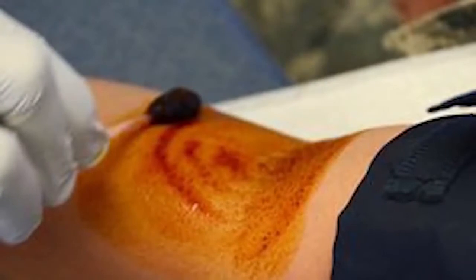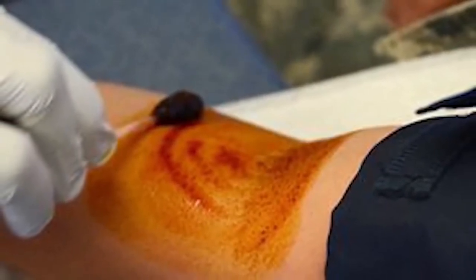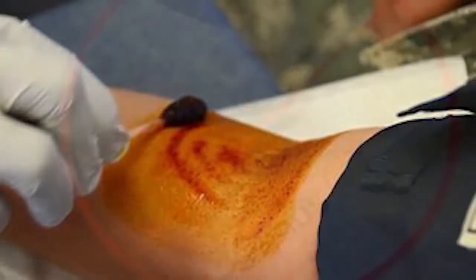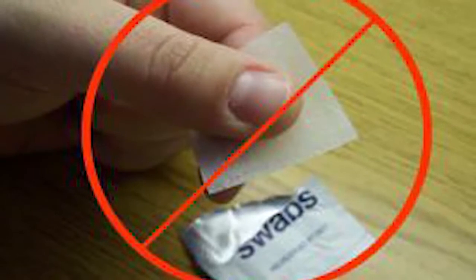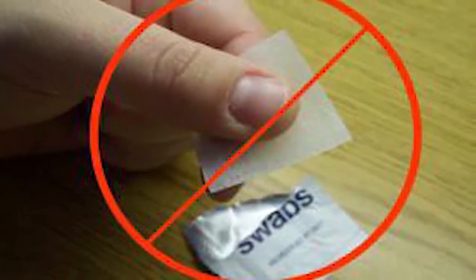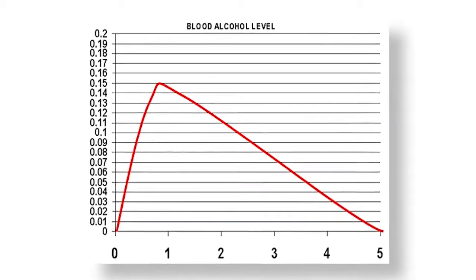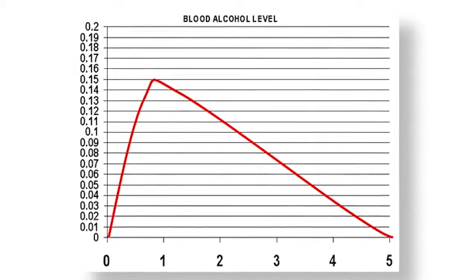During the collection of your blood sample, did the nurse, paramedic, or phlebotomist use a betadine swab or an alcohol swab to clean your skin before drawing your blood? If they used an alcohol swab, this would compromise the injection site and could also cause an unfairly inflated blood